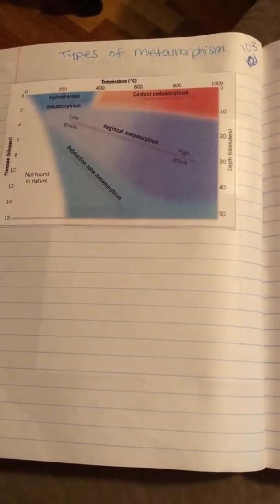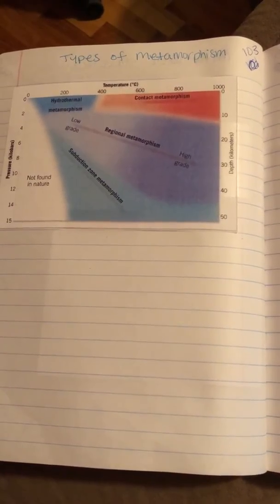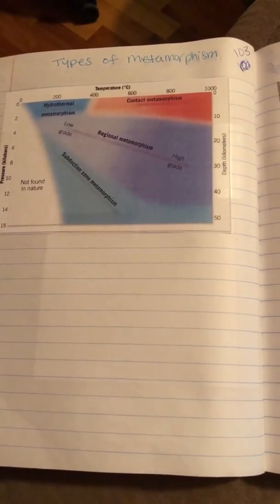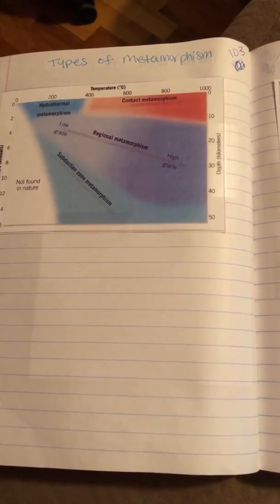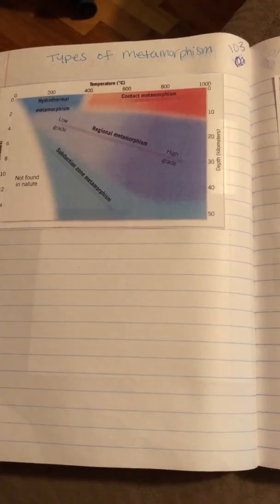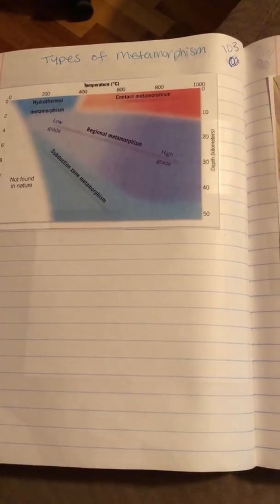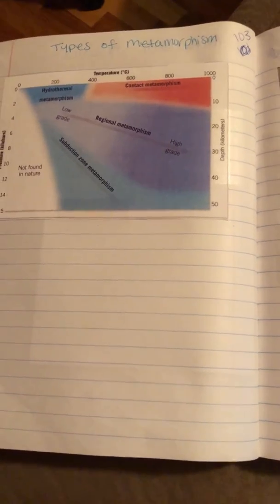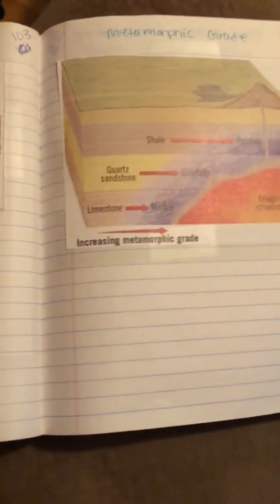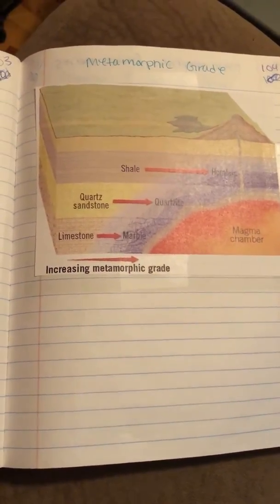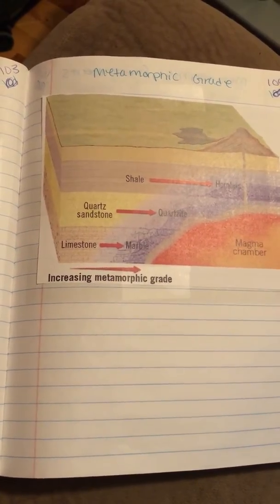It's called shock metamorphism, and that occurs very rarely when a meteorite impacts rock on Earth. It shocks it into metamorphosing. That's pretty cool. Okay, so page 103 to 104 shows you metamorphic grade and the environmental setting